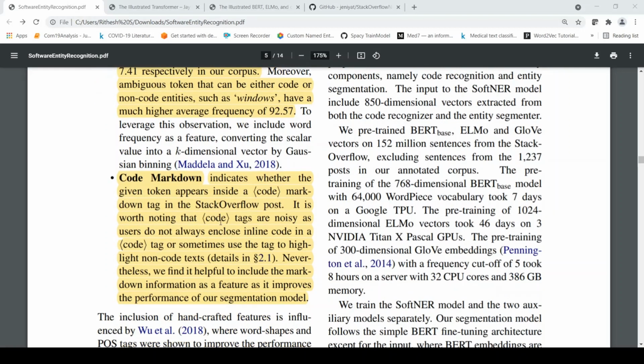Then in Stack Overflow, there is the code markdown option, which indicates whether a particular token appears inside code. But these tags are noisy, and sometimes users don't create these tags for the code, so it may or may not be present.